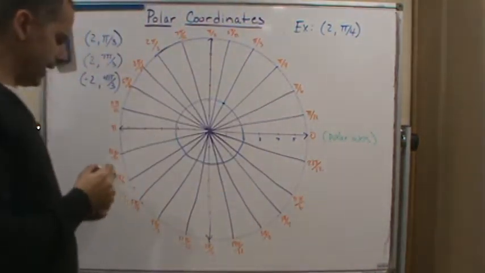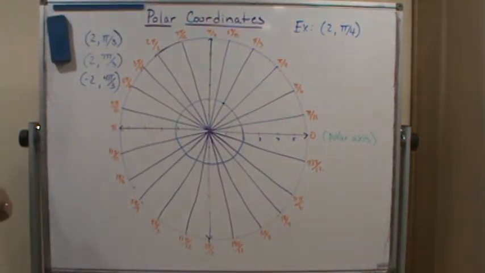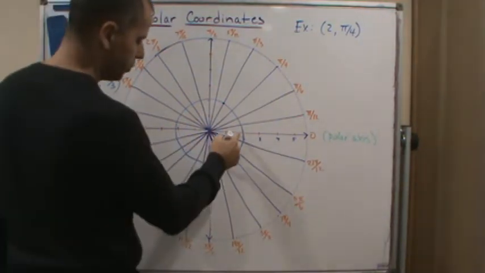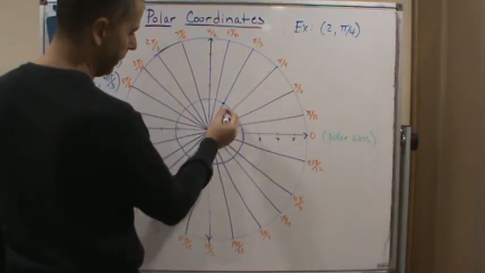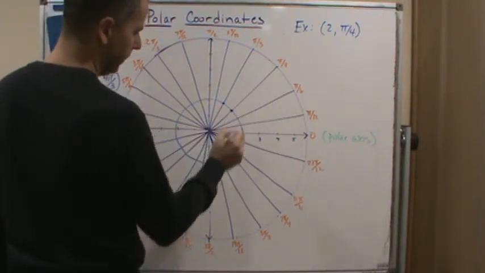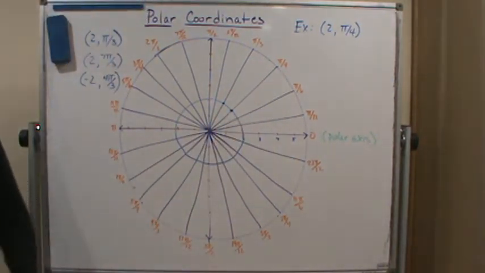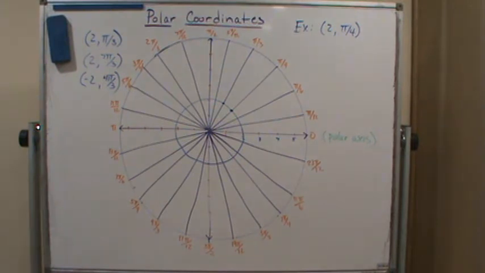Okay, so 2 comma pi over 4. Where's that going to be? Well, 2 and then pi over 4 is right here, right? 45-degree angle, so it's going to be right there. What's the next one? What about